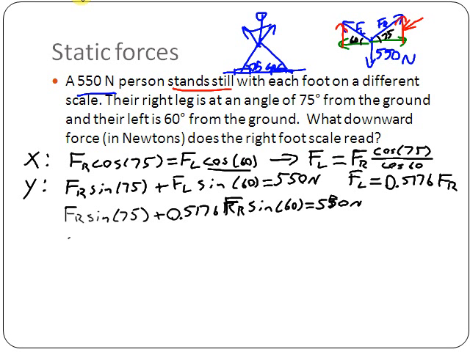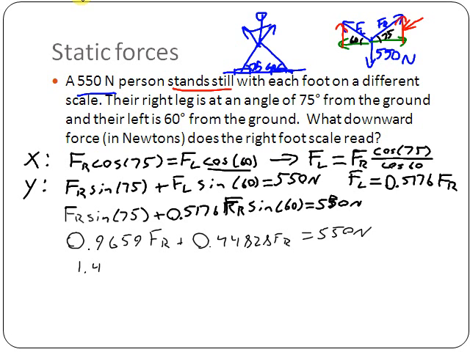All right. We do this here. 0.517. Okay. Sine of 75 is not that. Sine of 75 is 0.9659. 0.9659 times FR. Plus, when I take 0.5176 times sine of 60, that's when I get 0.44828. We're just doing the math on this right now. Equals 550 newtons right there. I can combine these two together. Whenever I do that, I get right at 1.414